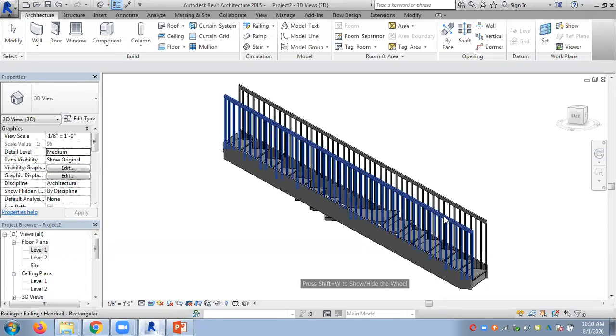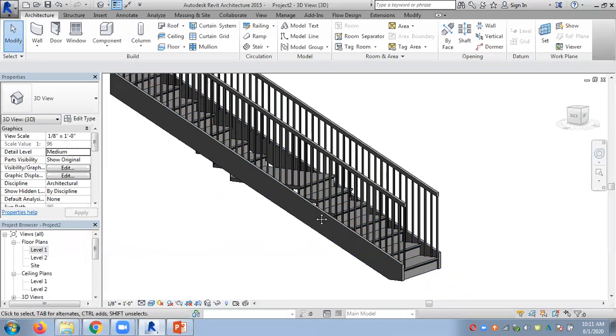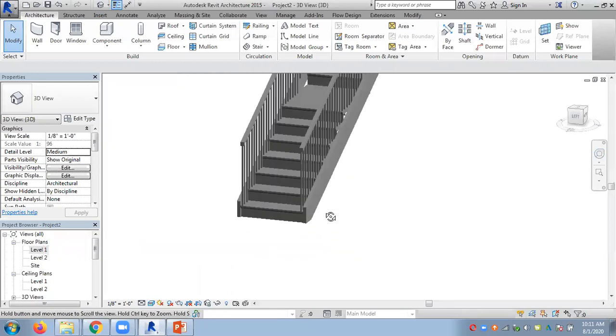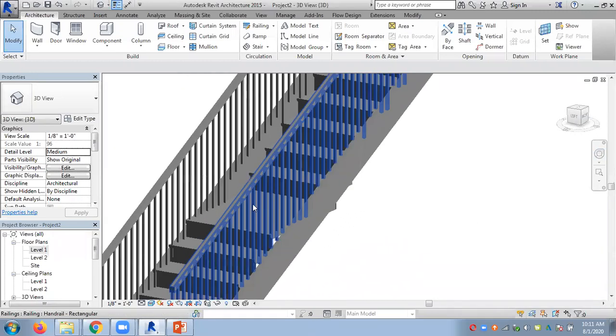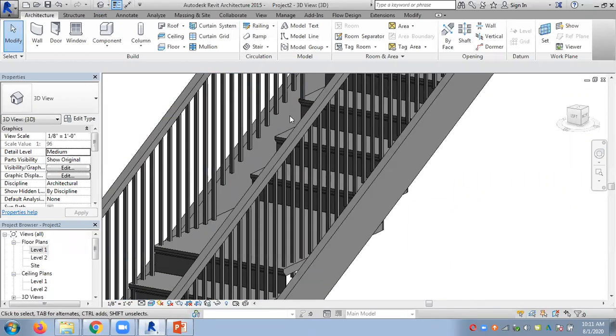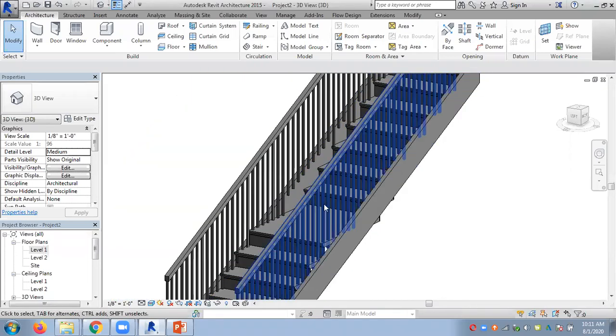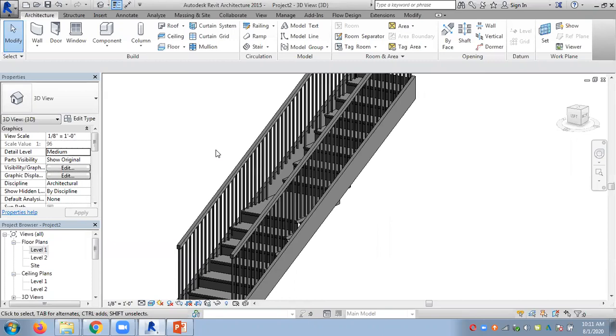So you reach level 2, but the problem here is something is coming out like this. Some steps are coming out, and the railings are not following your landing. The railing should have some straight part here and go up. So there are problems in the railing because I customize my step. The landing can be created, no issues, but the stringers and the railing should follow those changes. So it's not following by default.